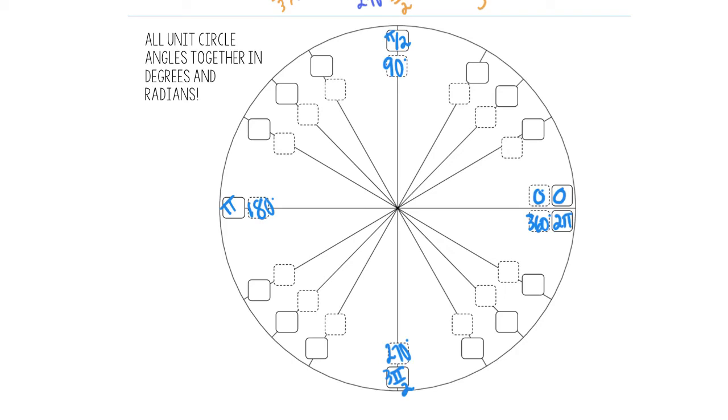The easiest ones to put on next onto your unit circle are your increments of 45, I think. The 45-degree angles land in the middle here. So we're going to go around there, and we're going to add 45. So this is going to be 45 degrees. Remember, 45 plus 45 was 90. 90 plus 45, we get 135. 135 plus 45, we get 180. 180 plus 45, we get